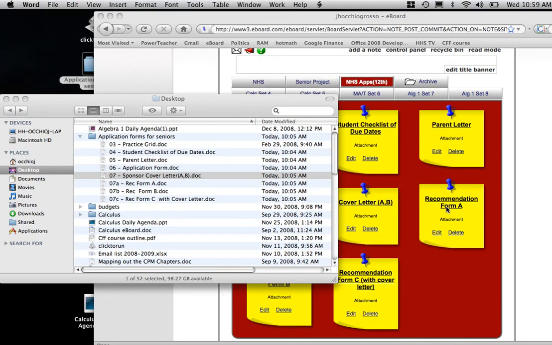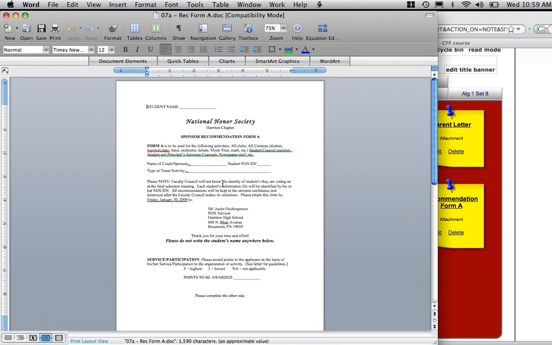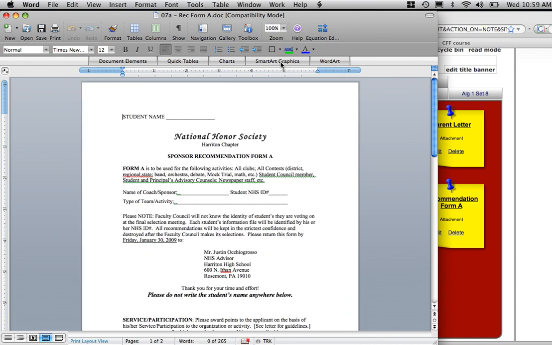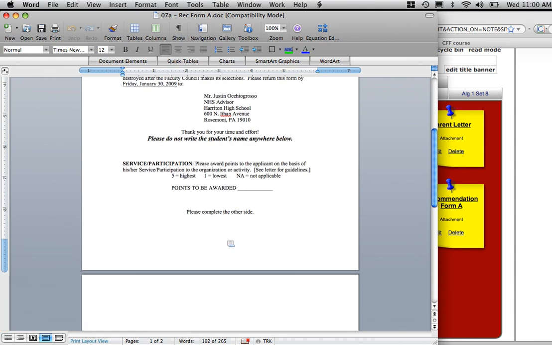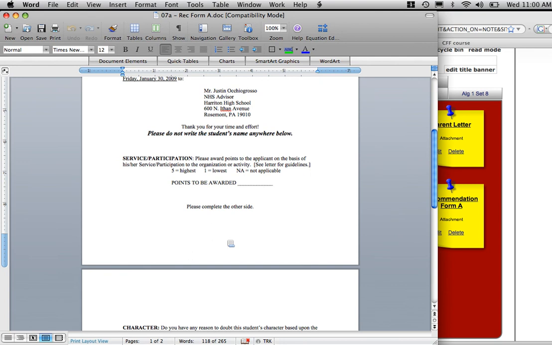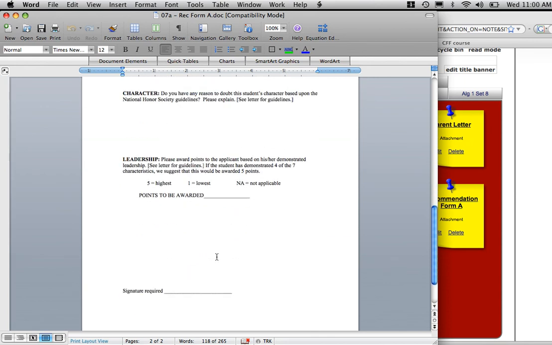And the form that they're going to fill out is a recommendation form A if it's an A activity. So again, if it's a Hareton banner, then that's an A activity. And you would give this to Mr. Crook. Don't worry about the student ID number. That's to anonymize you. I fill that out. The only place you ever write your name is in there. And then it gives him the due date. It tells him who to return the form to. That's obviously me. And then character and leadership, and this is where he can award the leadership points, and his